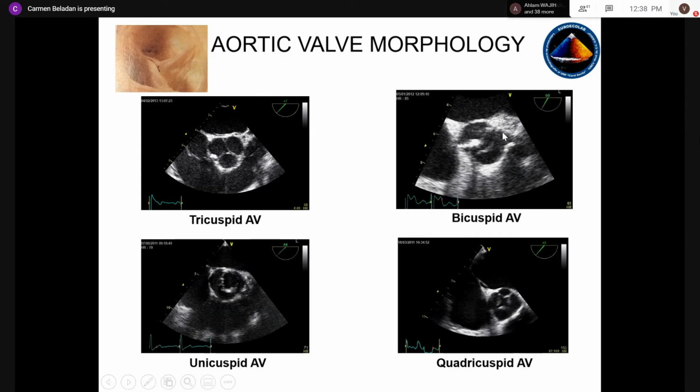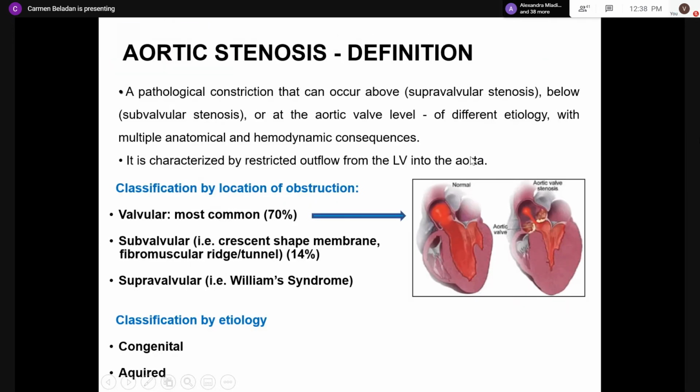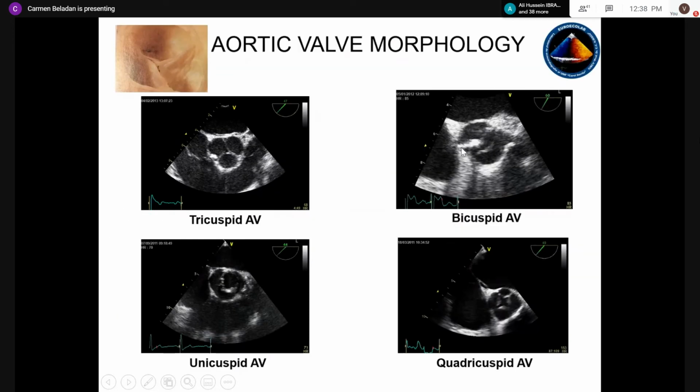In this case, for instance, you can see only two leaflets. This is a bicuspid aortic valve, one here and the other one here, with a linear slit between the two leaflets. Leaflets, another pathological variant